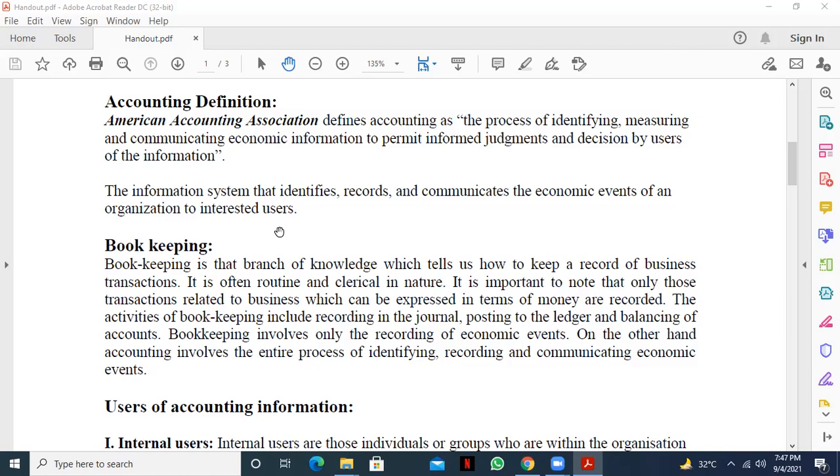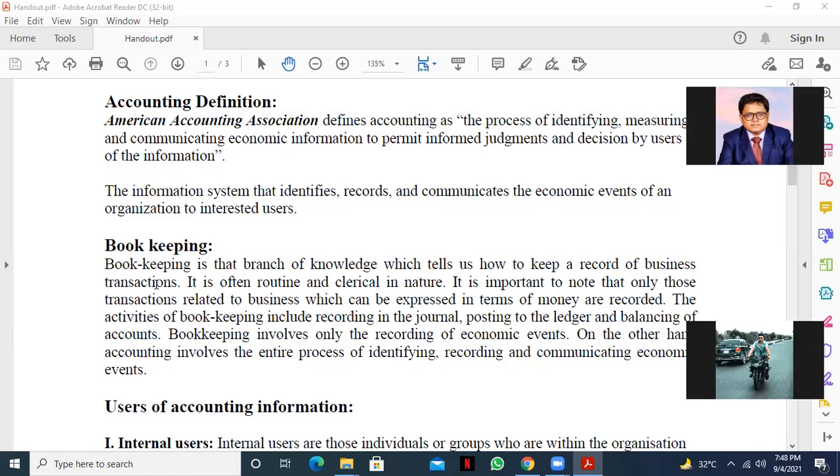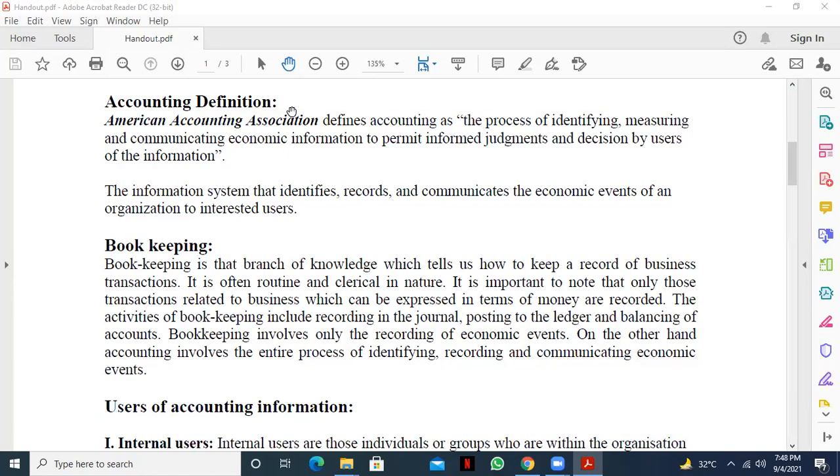Till the trial balance stage we call it bookkeeping. Bookkeeping is the branch of knowledge that tells us how to keep a record of business transactions. বুককিপিং এর মাধ্যমে আমরা বেসিক্যালি জানি, কিভাবে আমাদের বিজনেস ট্রানজাকশন গুলোকে রেকর্ড করতে হয়।